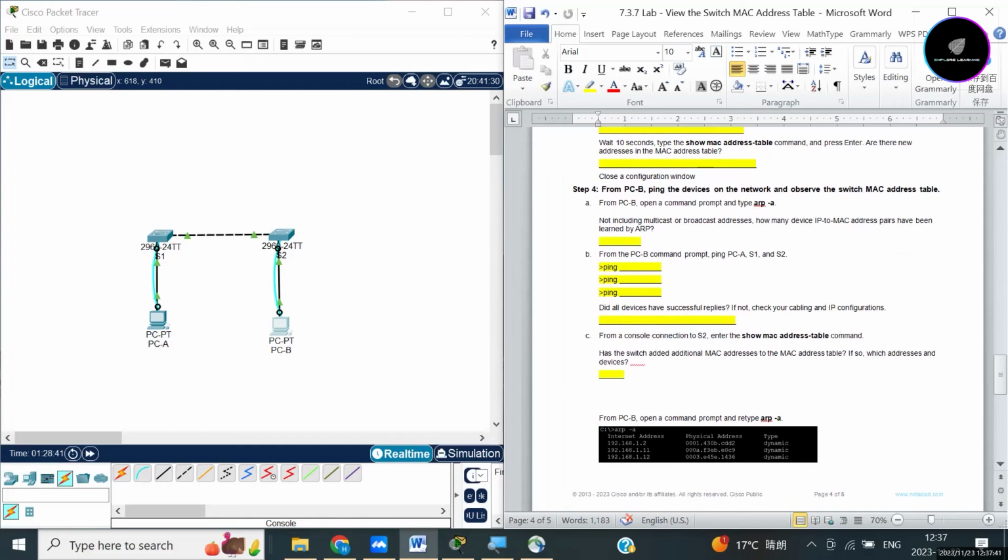Now it says step 4. It says from PCB, ping the devices on the network and observe the switch MAC address table. All right, so from PCB, open a command prompt. So this is where we are. You can see from my cursor, I've highlighted this part. It says from PCB, open a command prompt and type ARP. All right, so not including multicast or broadcast addresses, how many device IP to MAC address pairs have been learned by the ARP. So let's,